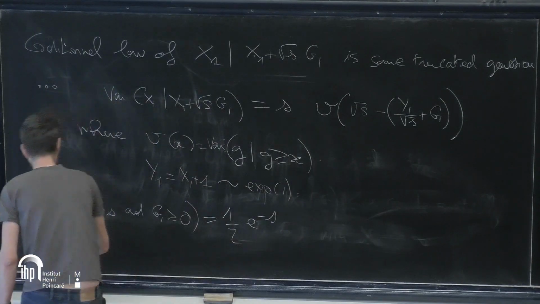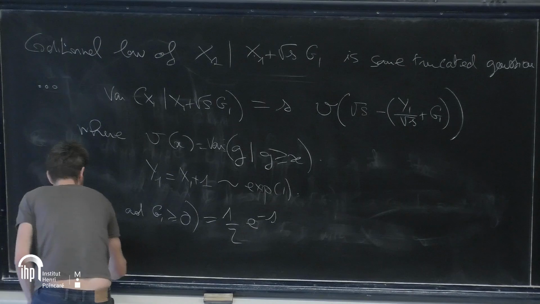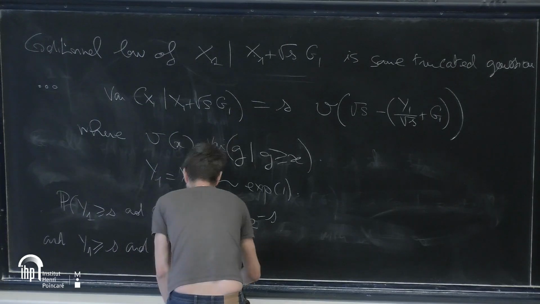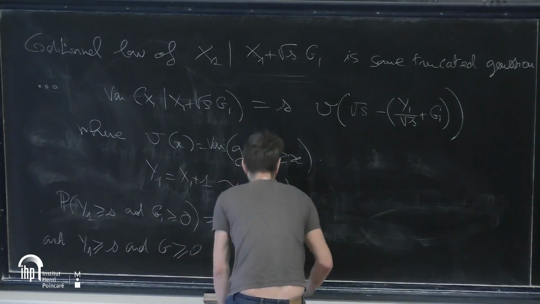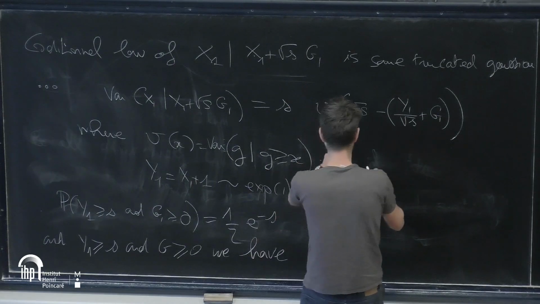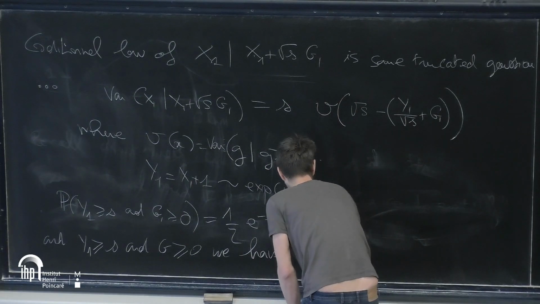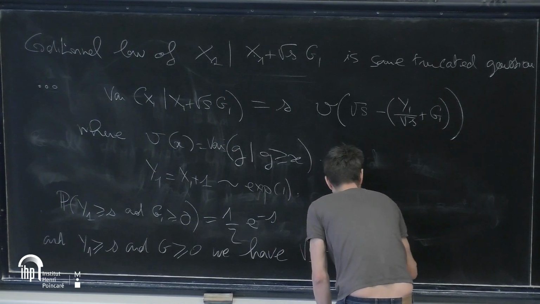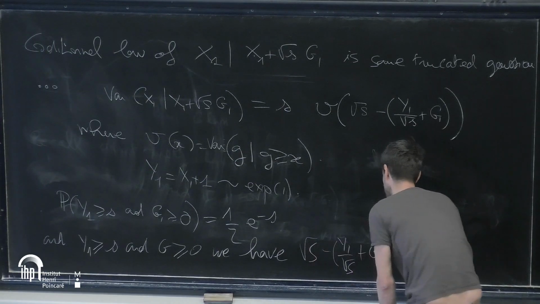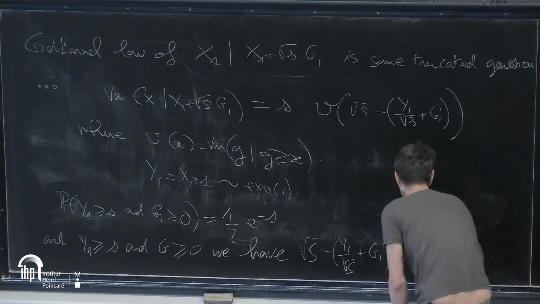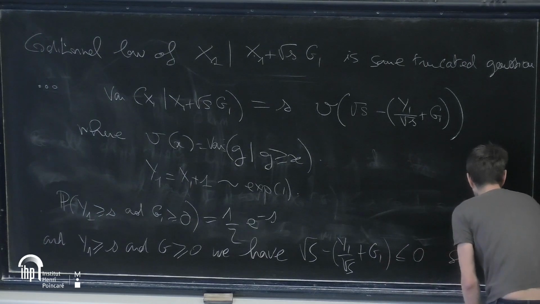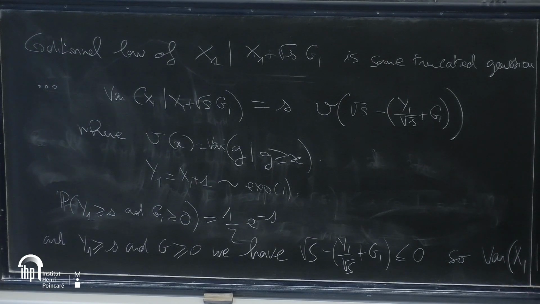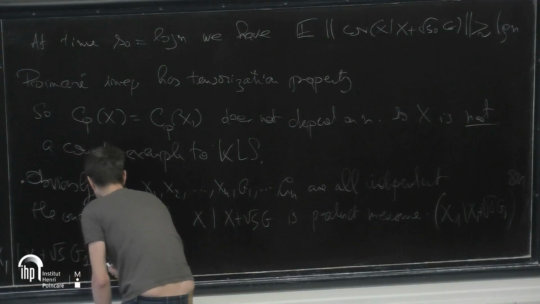Good, and when y1 is bigger than s and g is positive, we have this thing here, square root s minus 1 plus g1 negative. And so the variance of x1 conditioned on x1 plus square root s g1 will be larger than,